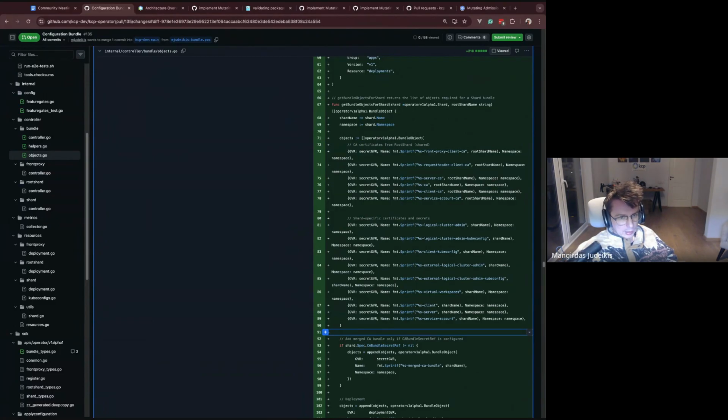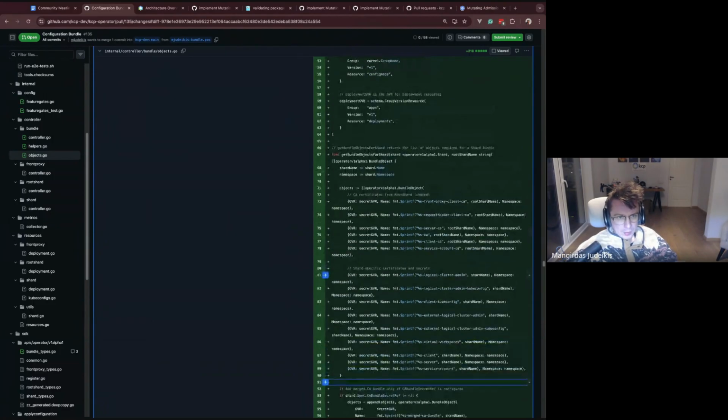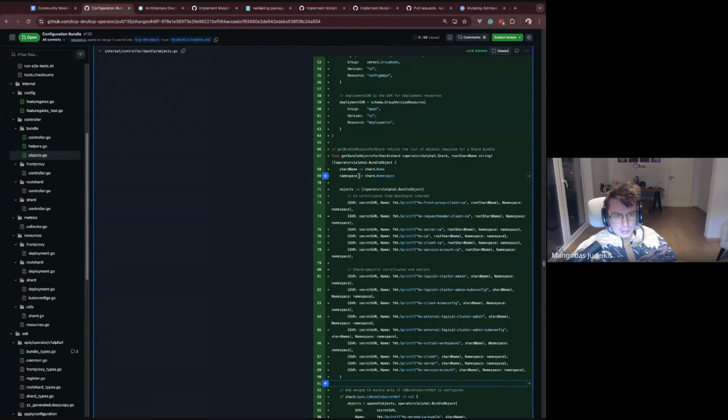And by default, what it does, and that's again up for discussion, it generates all the assets in the cluster where the operator lives, but forces to scale down the deployment in the same cluster. So the deployment still exists in the cluster where the operator is, but it's always forced down to scale, which is not ideal. Hence, everything here is behind a feature flag. But the idea was, once you have two shards' bundles produced, you can take the secret